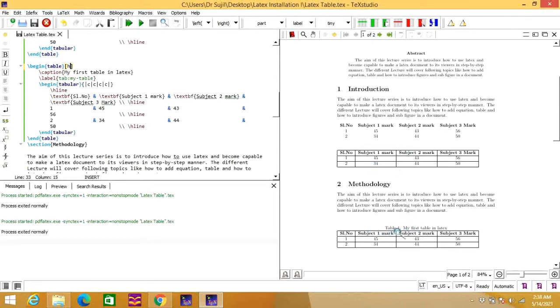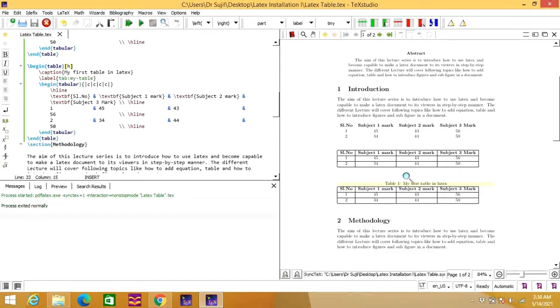So the table number is not appearing for these two tables. So let us bring the table first to the top. So you can see here that the table comes up right now.